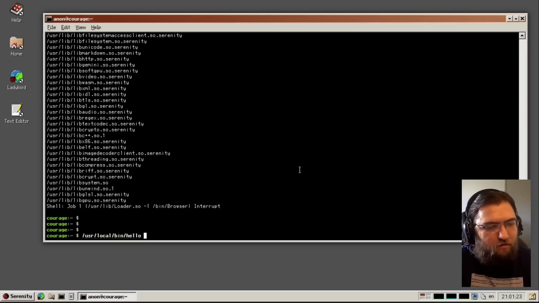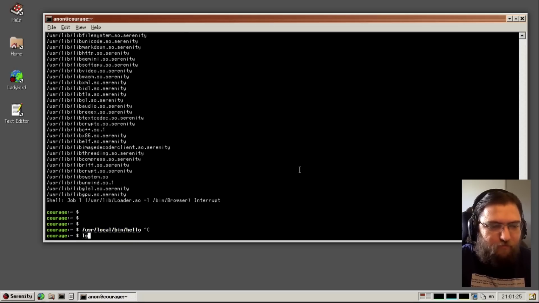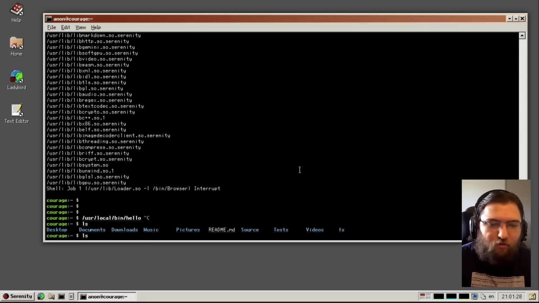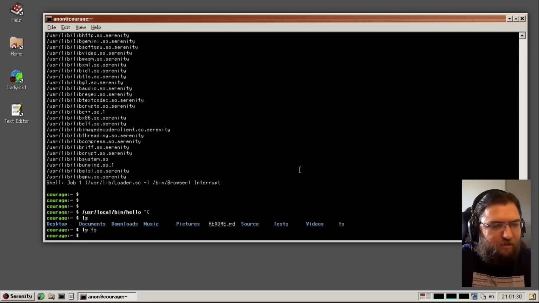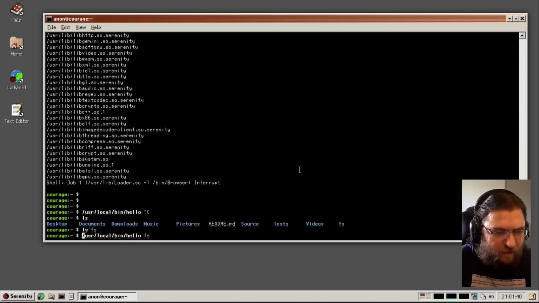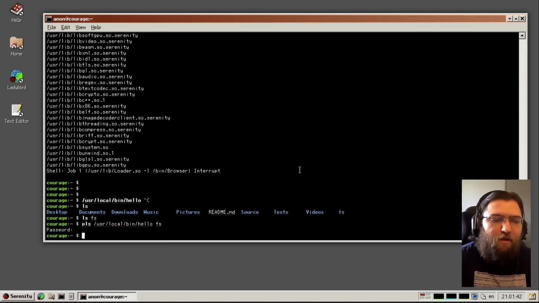local bin ditto. So I created a folder called fs here. It's completely empty. So if I run this hello application from the libfuse port that we have now as root, we have now mounted a Fuse file system there. So if I check